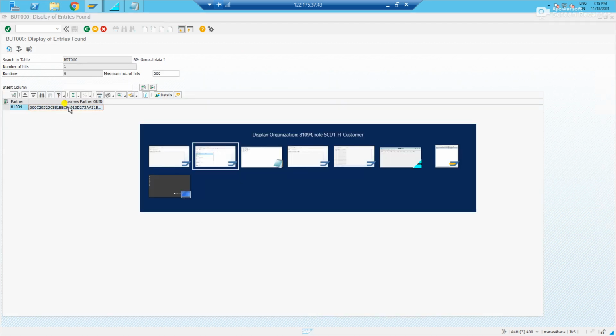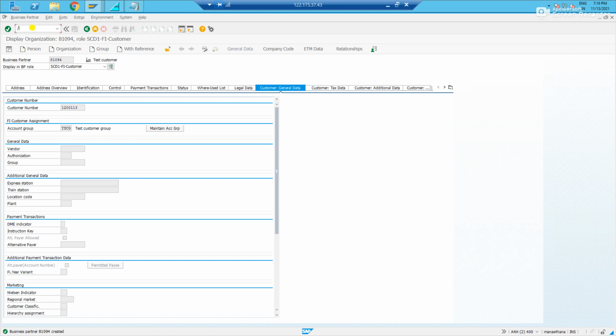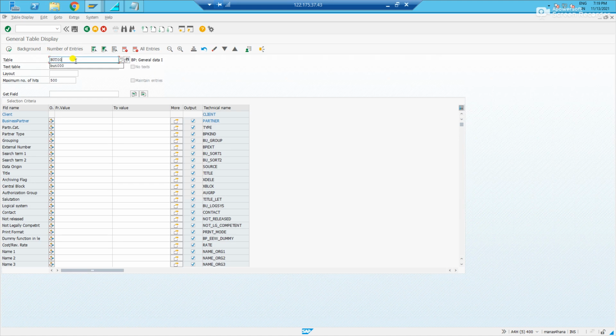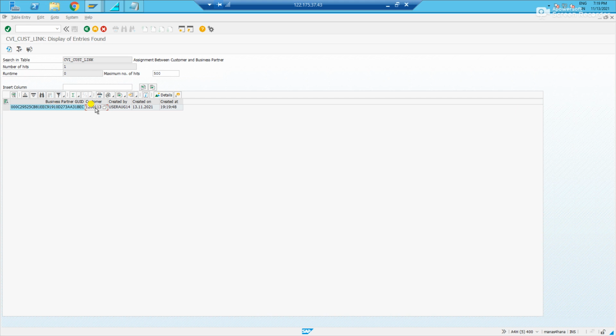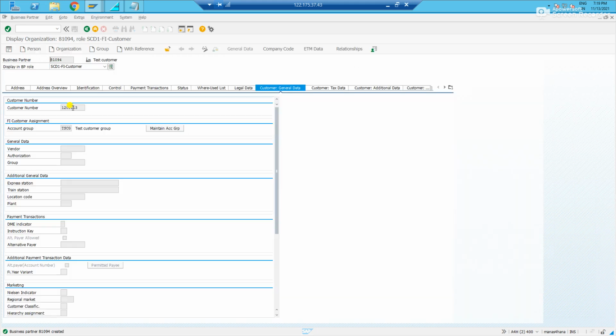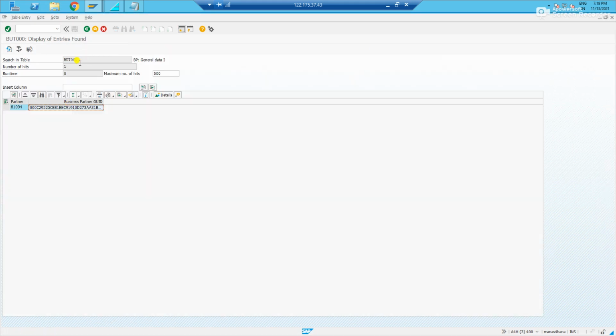I just copy this and go to one more table, CVI_CUST_LINK. Yeah, here if I put the BP GUID, then I'll get this customer number. See, this is the customer number. If you know the customer number, first you come to this table, copy this GUID, go to BUT000, and paste this GUID here, you'll get the partner number.